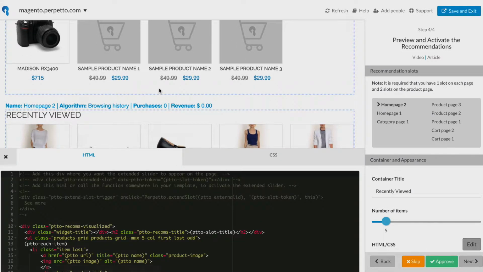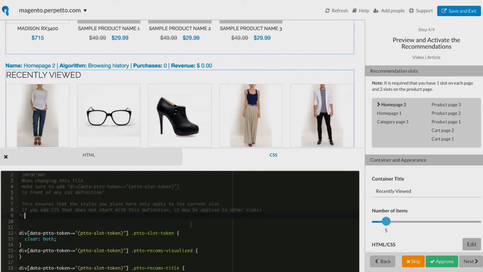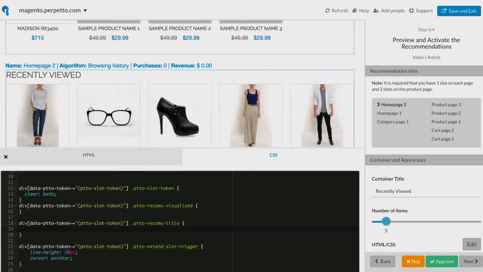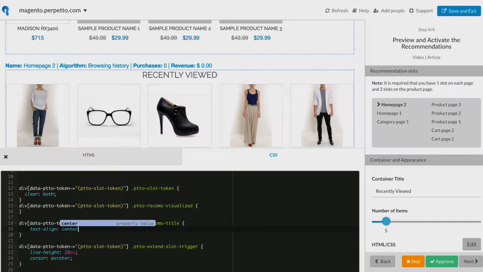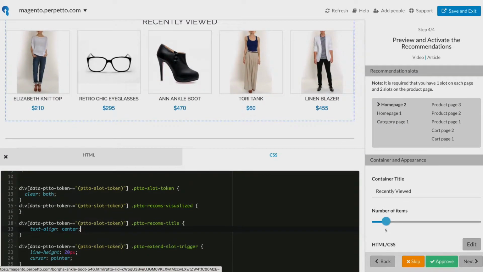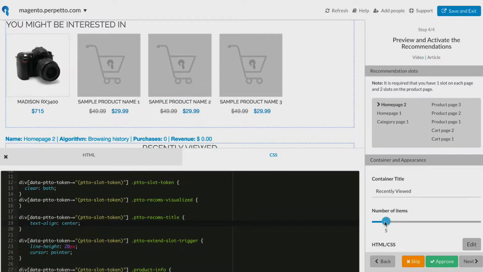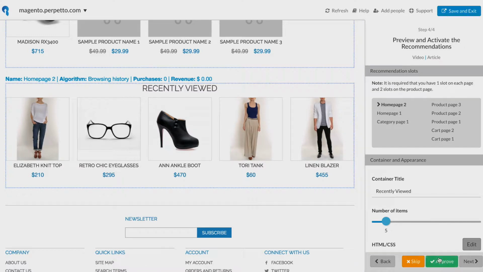So let's fix that title. You see the 2 tabs, HTML and CSS. This is obviously a CSS declaration that we need to change, and it targets the recommendations title, so we can just go ahead and write here text align center, and something else that we need to do, I guess not. So this is it. When I'm ready with this, I can close it here, and I can either skip or